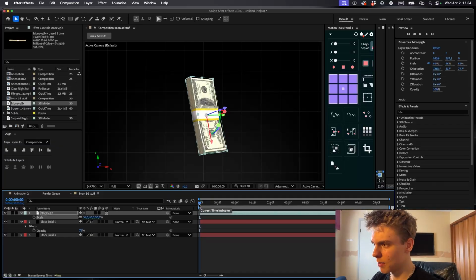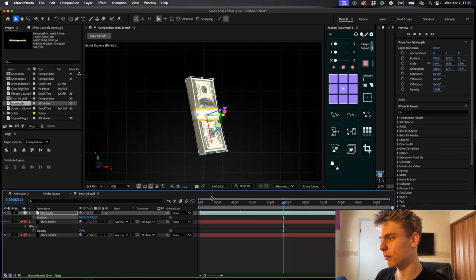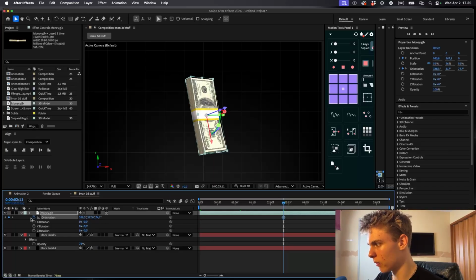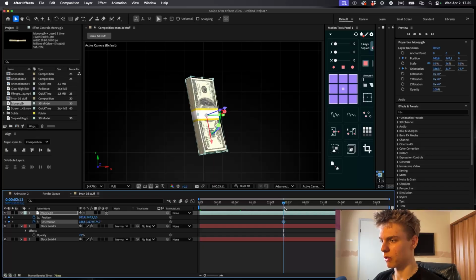So the way we're gonna animate it is, you can look at this preview time thingy here. It's at 0. So we can go 2 seconds forward. So over here, around 2 seconds. So go here to 2 seconds and press P on your keyboard for position. Make a keyframe by this stopwatch thingy. And then press R for orientation and make a keyframe for that. And then you can press U on your keyboard to see both of the keyframes,